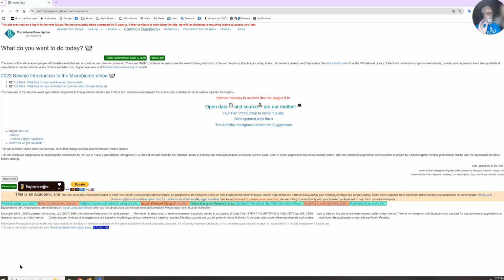The purpose of MicrobiomePrescription is, as the motto says, just the facts. It gives you all the raw information without putting a spin on it or an influencer's promises on it. It is trying to give you the facts as to what we actually know from studies, in an unbiased and, as much as possible, uninterpreted way, just the basic facts. It's up to you, or your professional working with you, to come to your own conclusion. The goal is to get the facts. Simple.